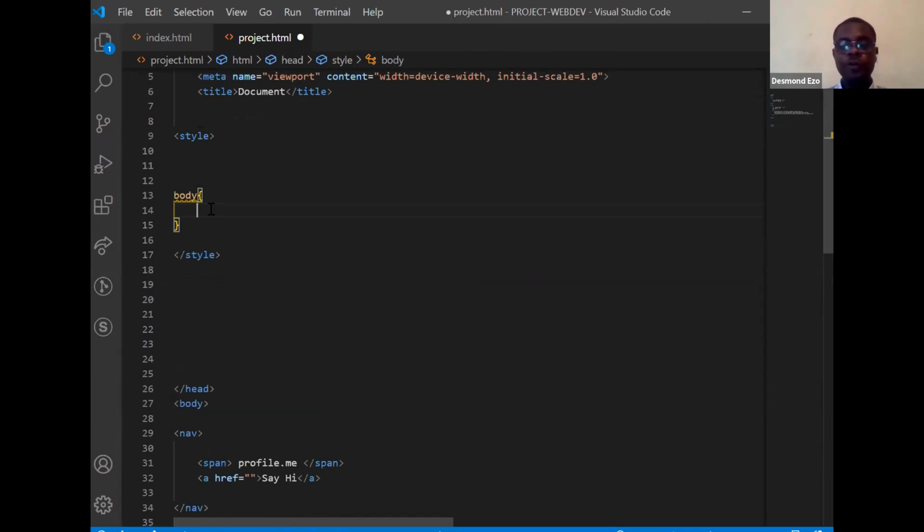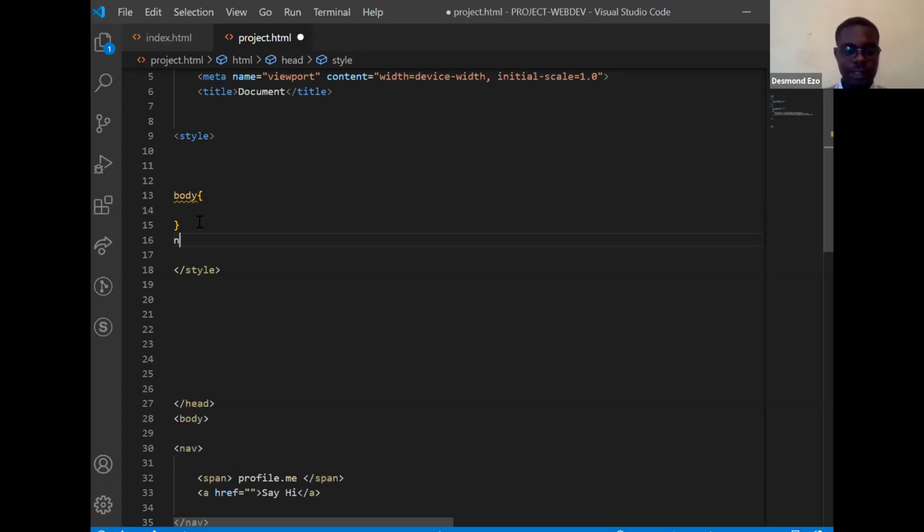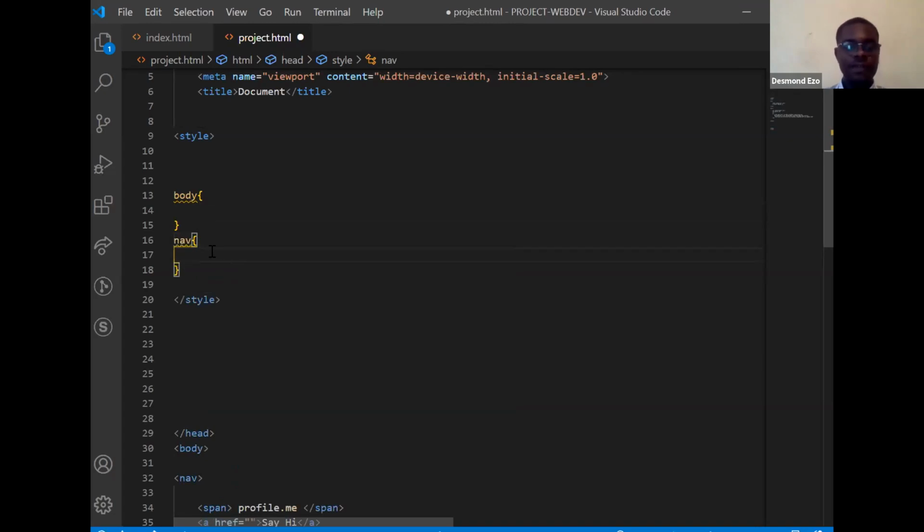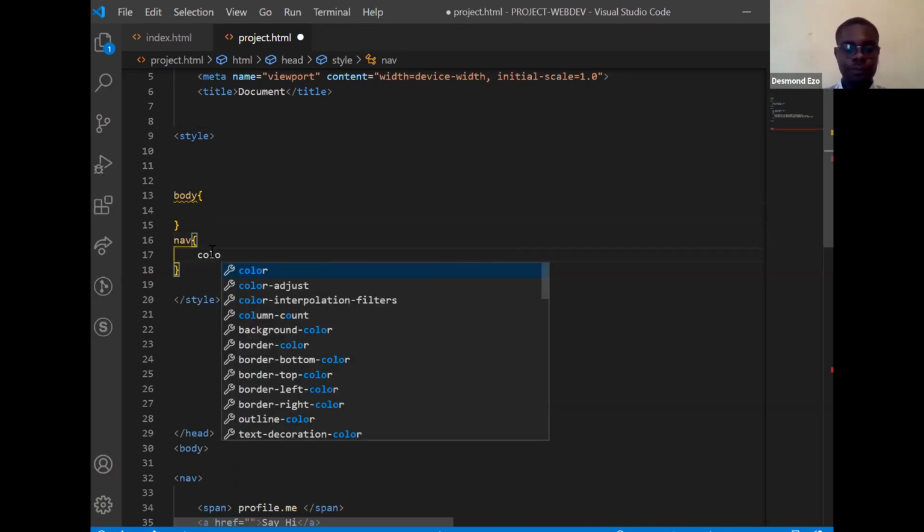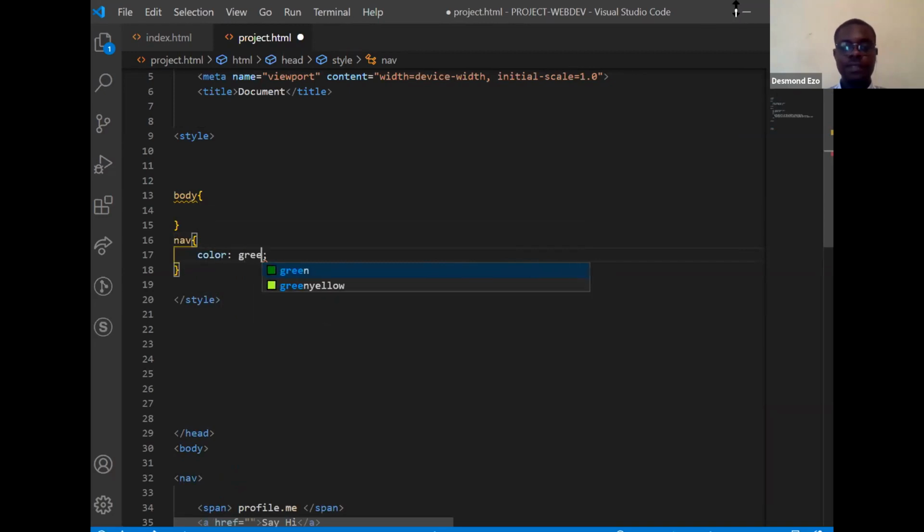What do I want to do? I want to remove a space that will be created around that tag. Let's allow that space to be there so you see it. So we have a navigation. I'm going to change the background color of the navigation tag to green.